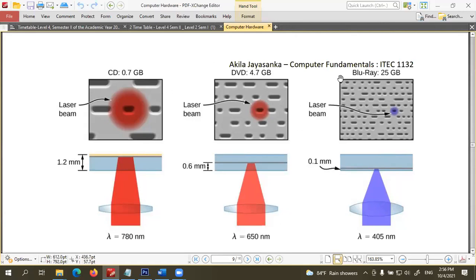Right. So you must understand here, for CD, DVD, and Blu-ray, the technique used to store data is pits and bumps. Depending on the size of pits and bumps, the disc technology is different. In a DVD, we can store 4.7 GB, but on a Blu-ray disc, we can store 25 GB of data. Right?